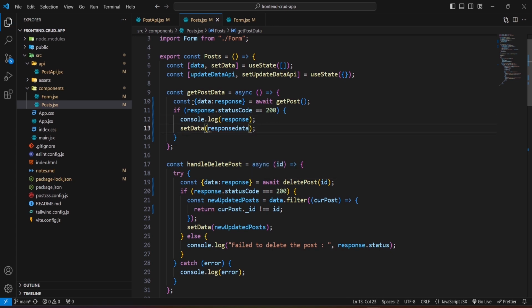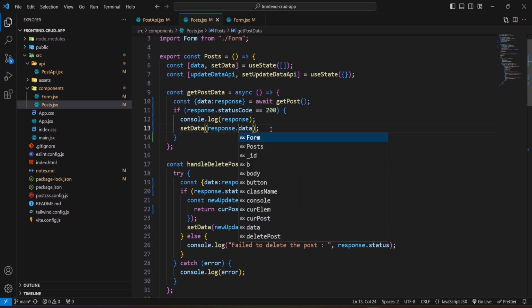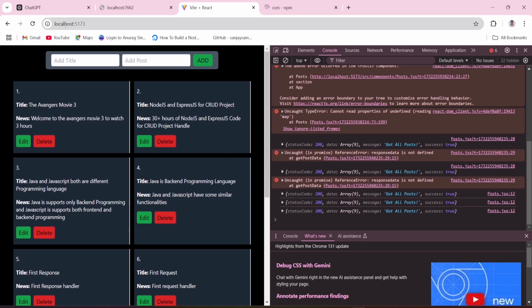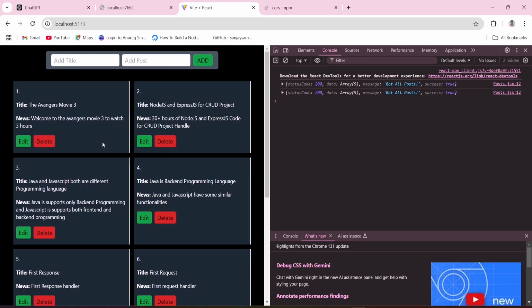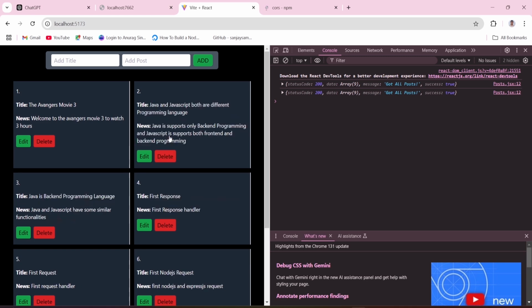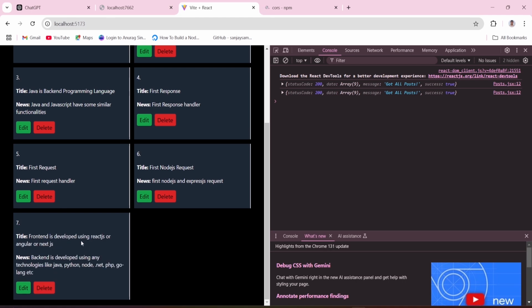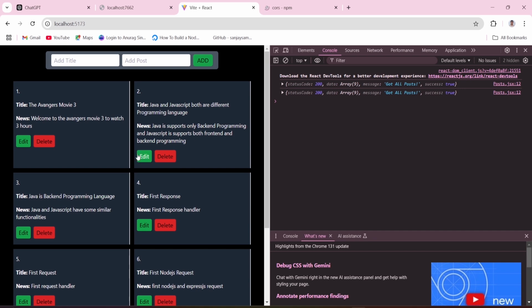Here also we can remove the data: response.data, just response.data. And once again you can check this here. Come to my page, I have got all the URLs. If you want to delete this, you can delete. This second element is gone. If you once again delete this programming elements channel, see, my programming elements channel post is deleted. See, if you want to update this, both are